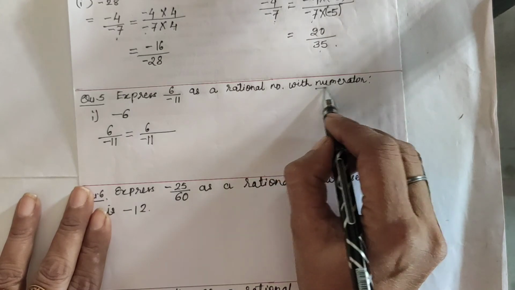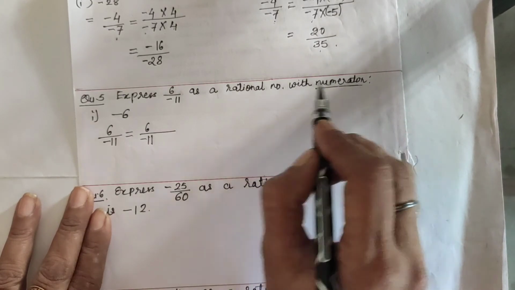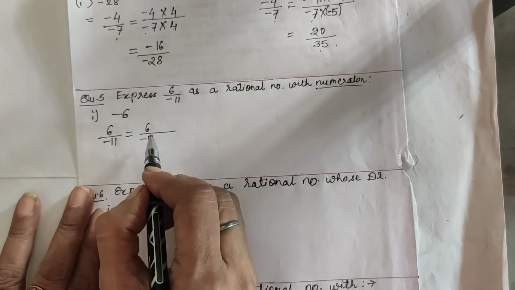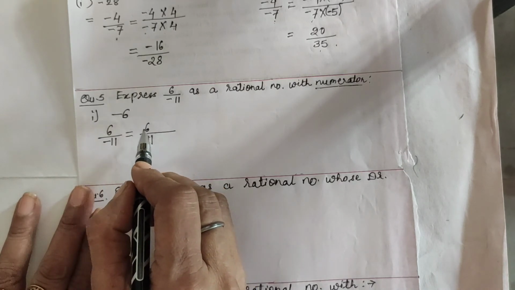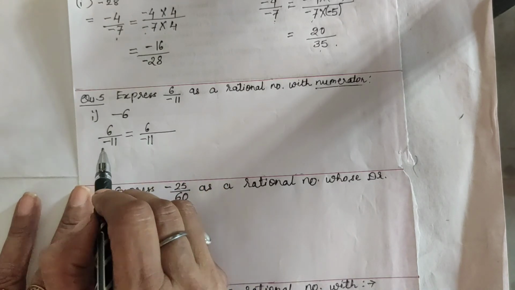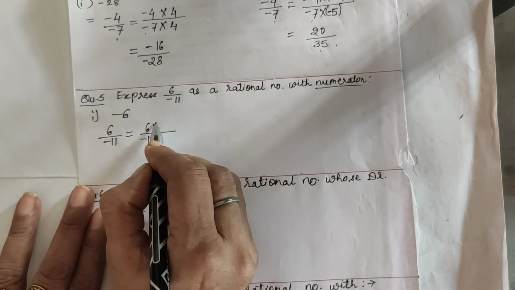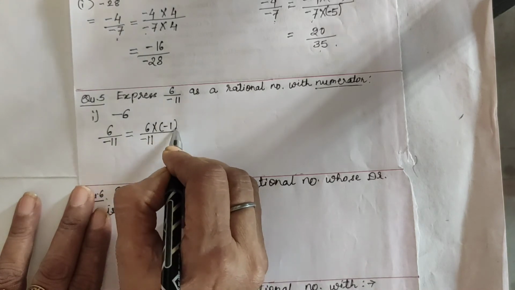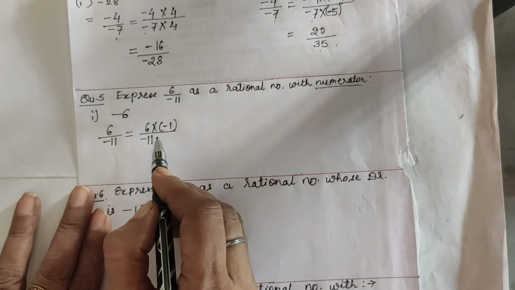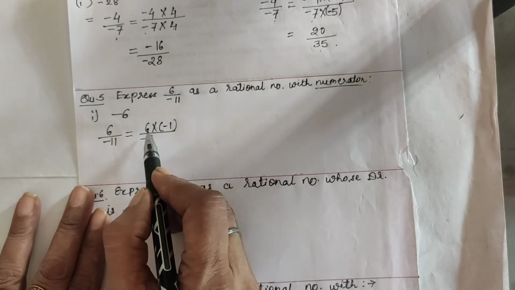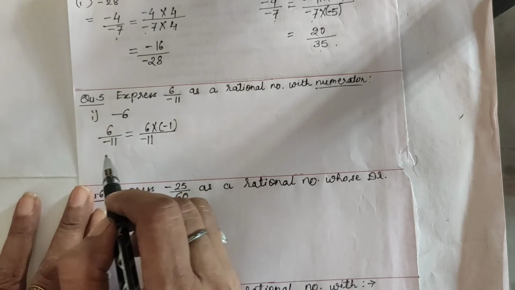The question is, now you want the numerator as -6, and in the numerator you have 6, which means the number is already there, you only want the sign. So by what will you multiply in the numerator? By -1. Let's see whether it satisfies the given condition or not. 6 ones are 6, and plus into minus 1. Yes.